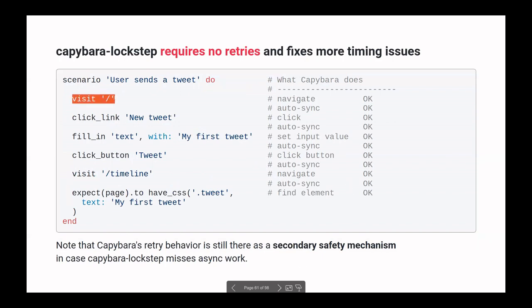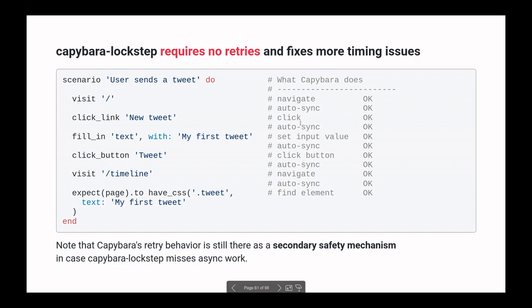So we visit a page and Capybara Lockstep automatically waits for all resources to load. Then we click on a link and again, Capybara Lockstep automatically syncs. And you see that whenever we do any kind of input, Capybara Lockstep synchronizes, making sure that there are no pending AJAX requests, that there are no pending scripts to load, no pending images to load, and so on.